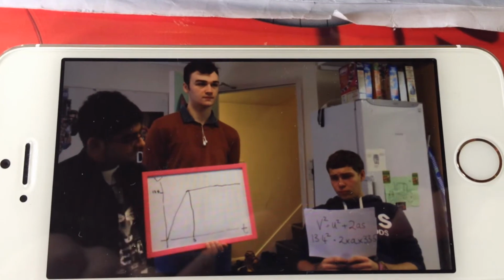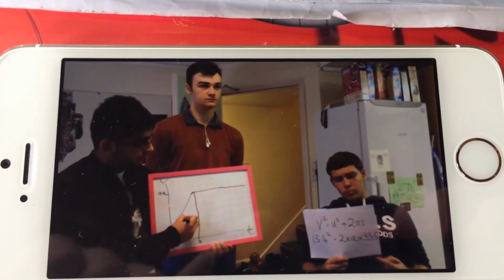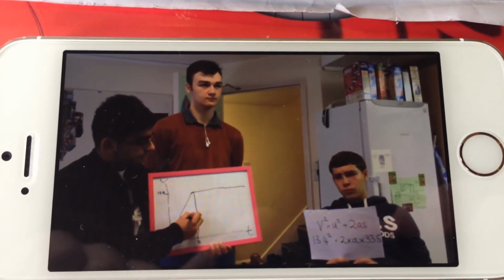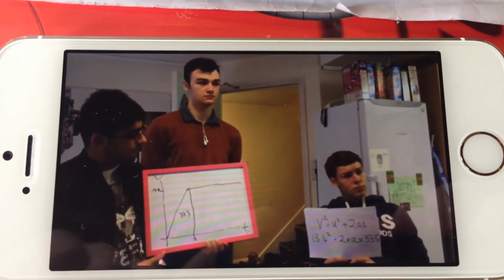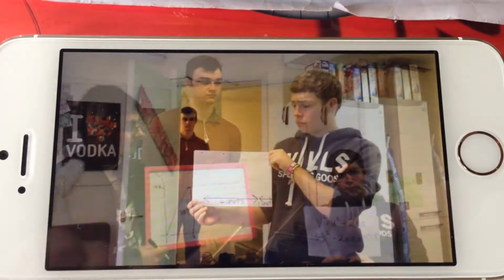The area under the graph is 33.5. And from this information, we get the acceleration to be 2.68 metres per second squared. To set up a